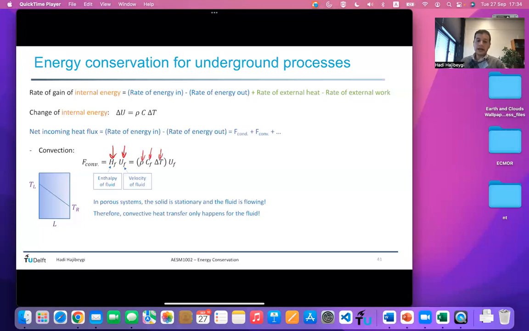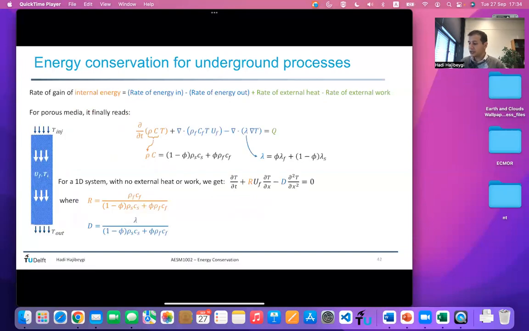T. Now, what is heat capacity? Capacity of water, fluid, or solid, or effective. Solid does not move, does not flow. Flow takes place in the porous media only by the fluid. So the heat capacity that I use will be only for the fluid, and that will be multiplied by the fluid velocity, Darcy velocity. That will be discussed in the later lectures. So with the convection process, I am going to have